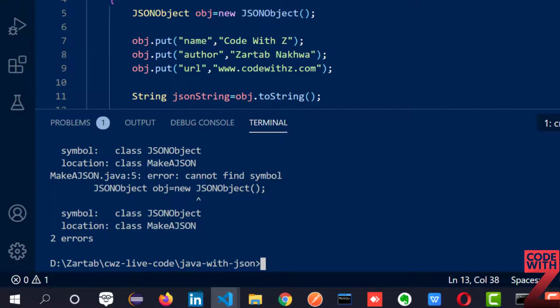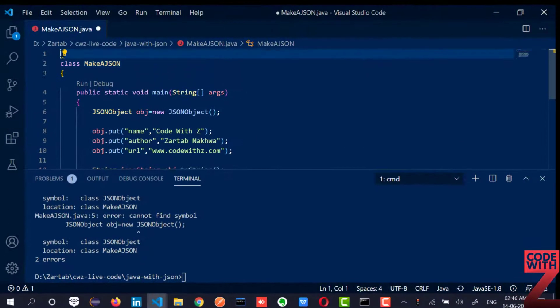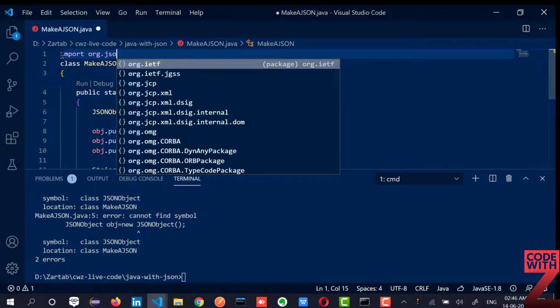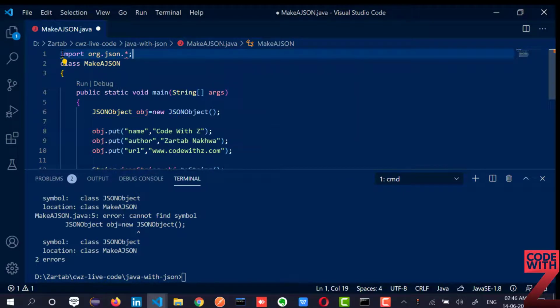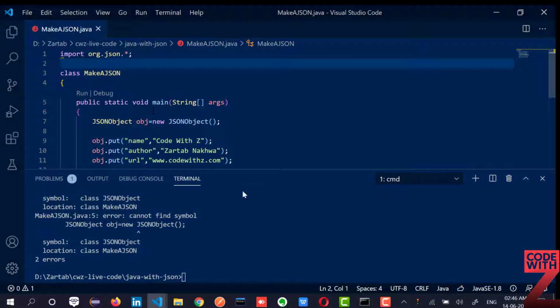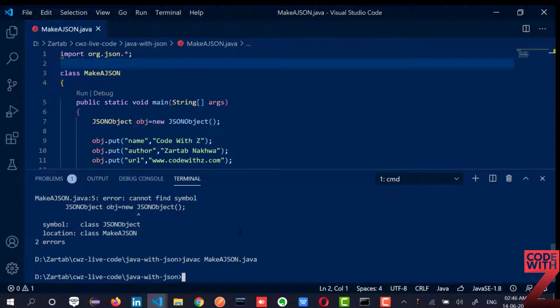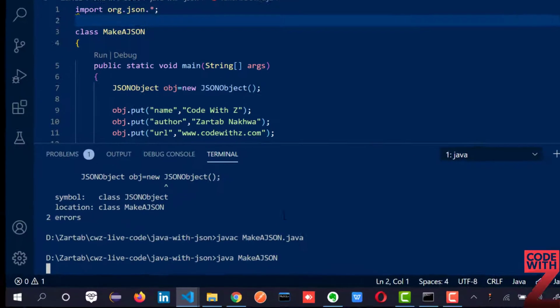Okay, my mistake, I haven't imported JSON, so I'm going to say import org.json.star. First mistake, I should have actually imported the library. Saved it, and now when I execute this, you can see what I will find.